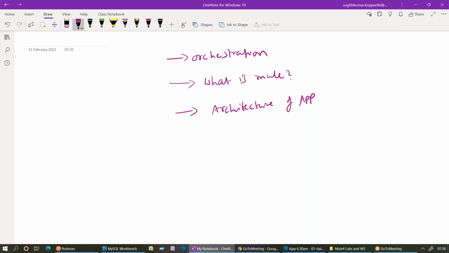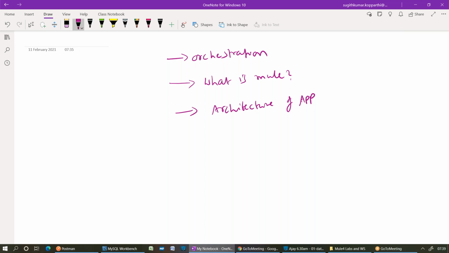In Design Center, an API. Designing an API, right? So how are you going to describe that API? Assume that you are exposing it as a REST application. How are you going to design that API? Using the RAML language. So what is RAML? RESTful API Modeling Language, right?